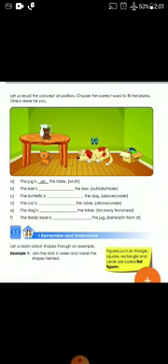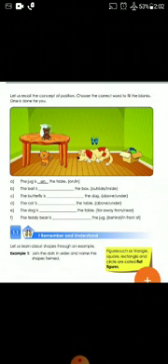Let us recall the concept of position. Choose the correct word to fill the blanks. One is done for you. The jug is on the table. The ball is dash the box. Inside the box. The butterfly is dash the dog. Above the dog. The cat is dash the table. Under the table. The dog is dash the table. Far away from the table. The teddy bear is dash the jug. In front of the jug.